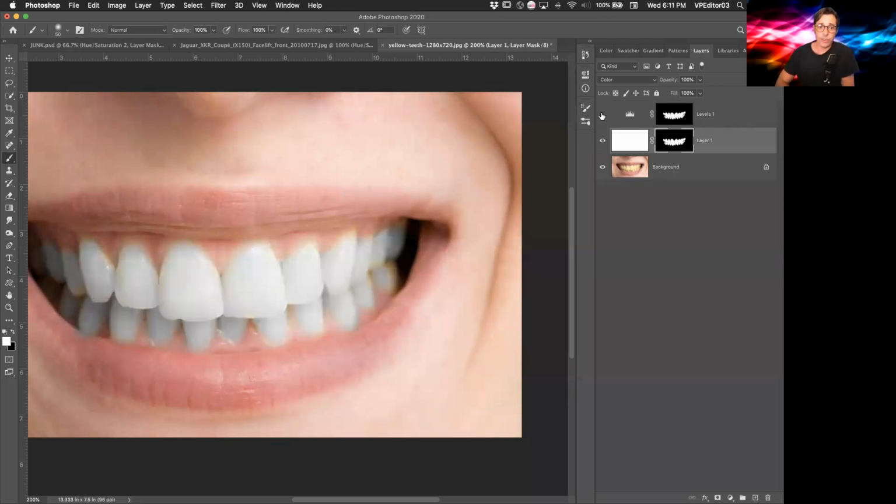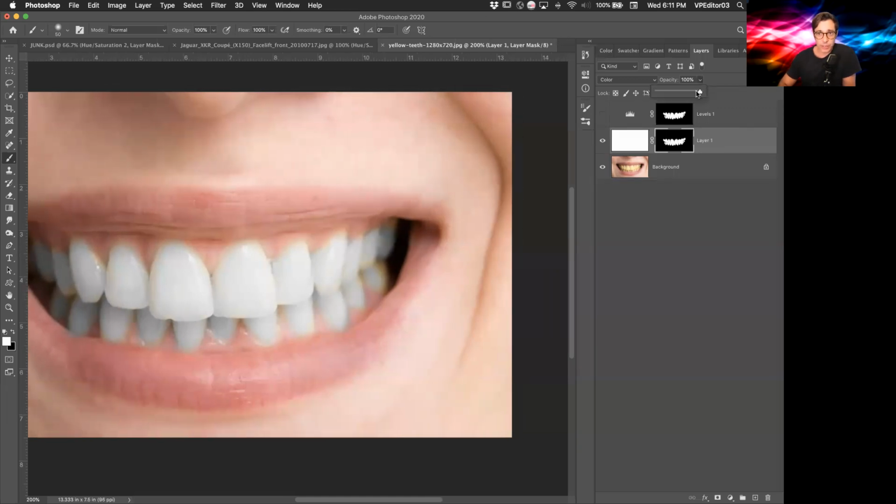Now, if I take that out, you can see that, yes, there is no color in here, but it starts to look very dead. It doesn't look very realistic. So what you always want to do with this is bring back some of that color. You need to give white some kind of color. So I'm going to just bring this back just a little bit to bring back